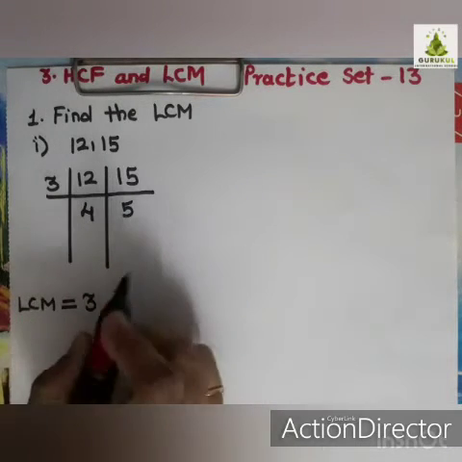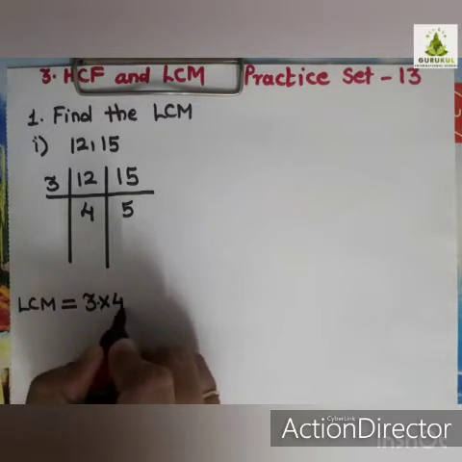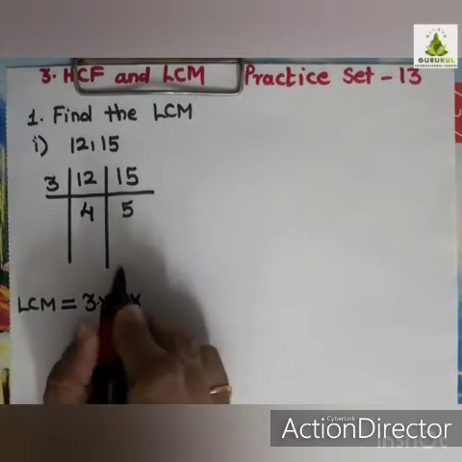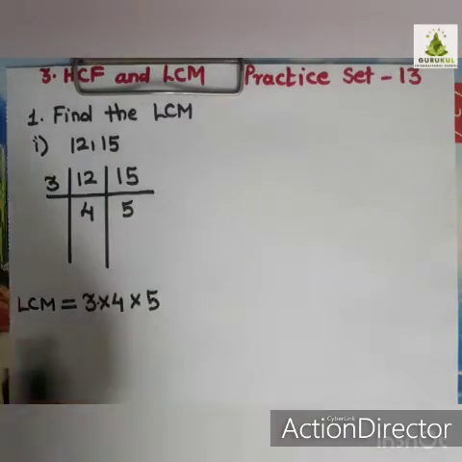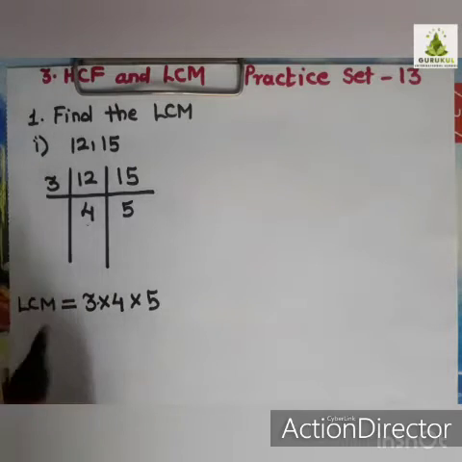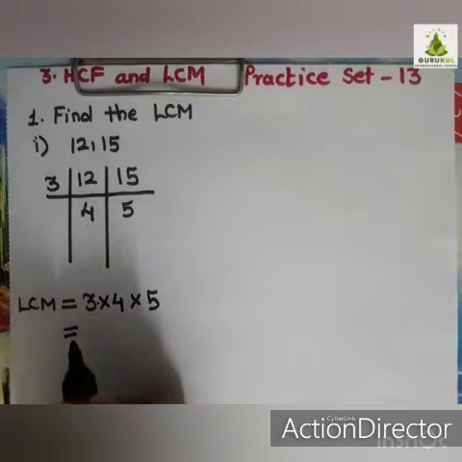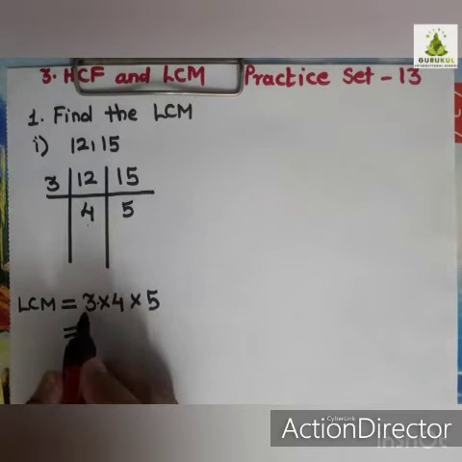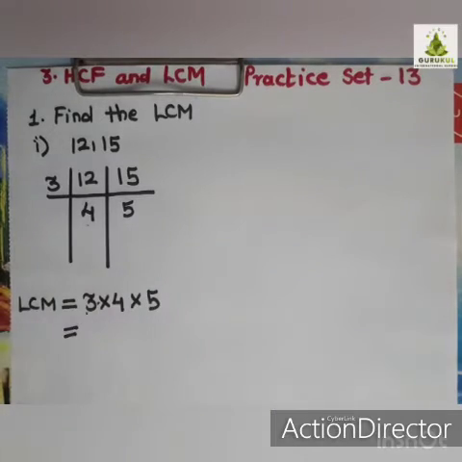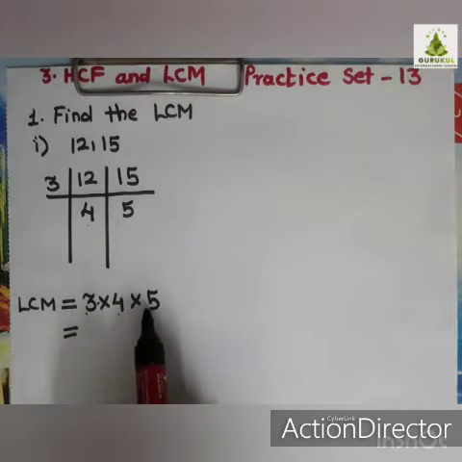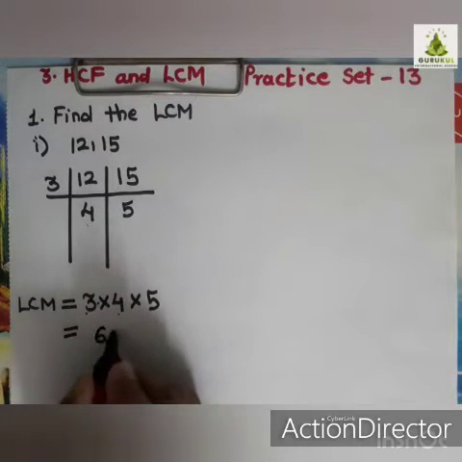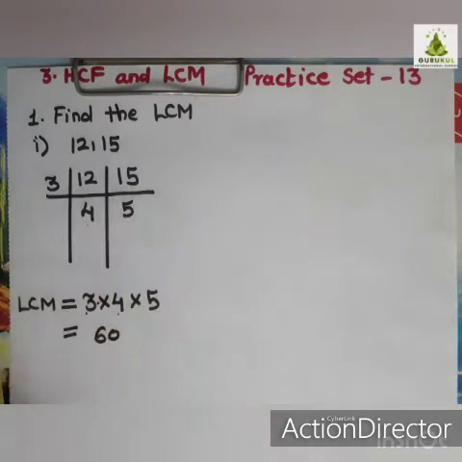So I have to take 4 and then 5. So 3, 4, 5, and we have to multiply them. 3 4s are 12, and 12 into 5 will be 60. So the final answer is